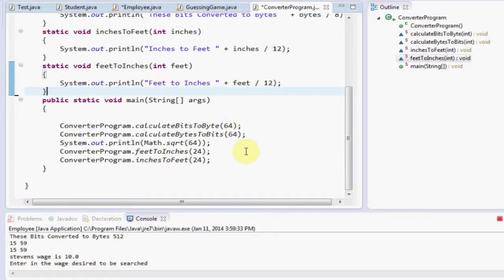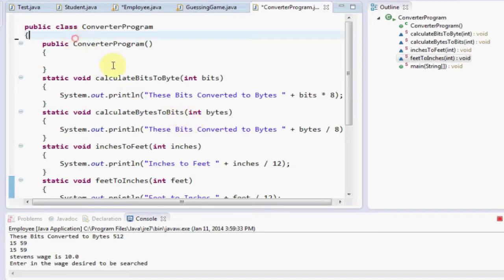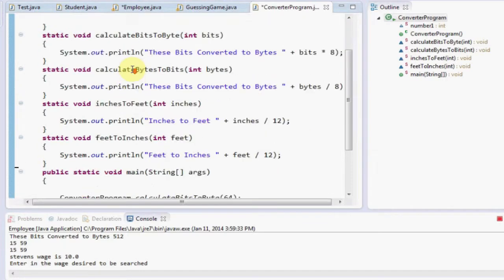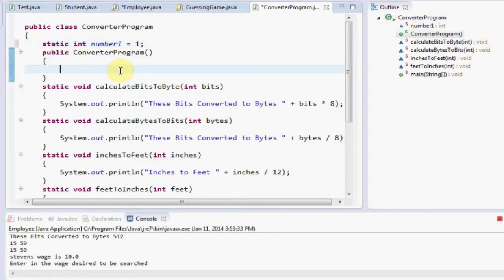Now let's go over static variables. Static variables are basically where we don't have what we previously had, which was instance variables. So here we'll say static int number1 equals 1. And then when we go system dot